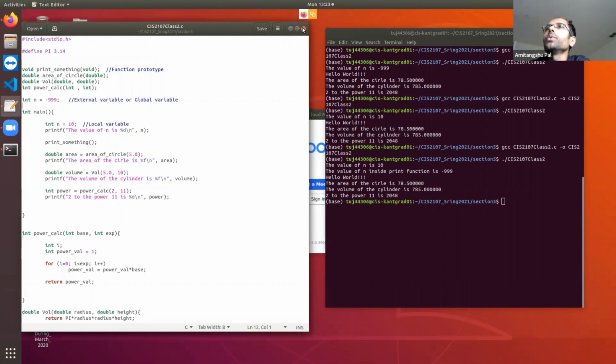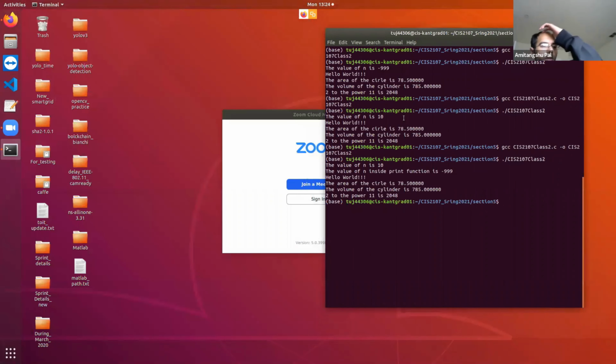Now let's move to the next topic, which is about arrays, and especially how we can initialize and work with character. Okay, so let's see.